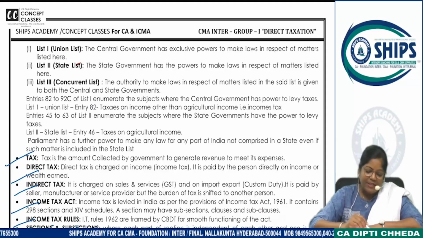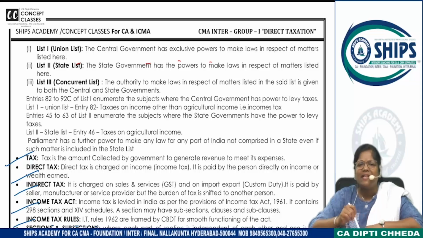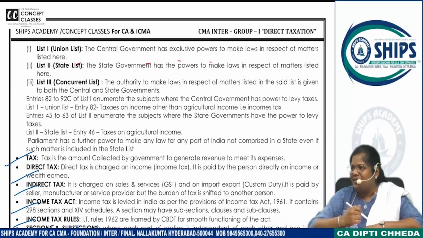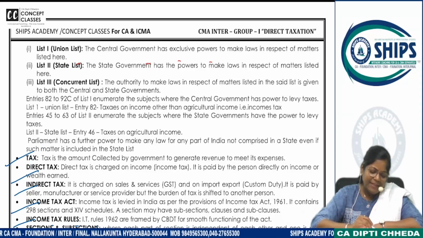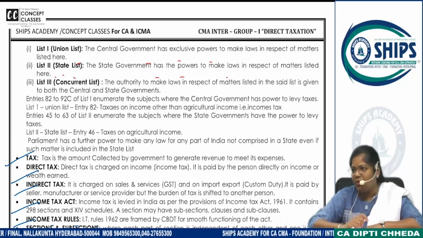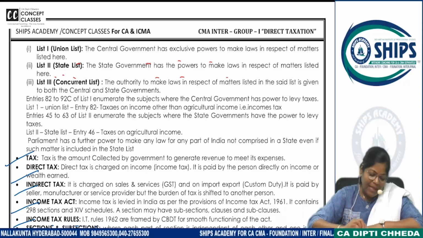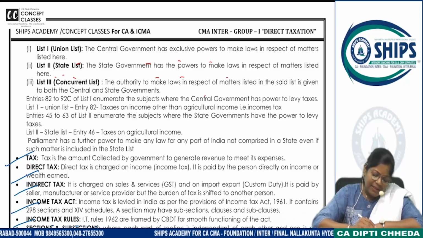Union list, central government has got the exclusive power to make the laws. I think you must have done this in GST also, basic, but मालूम है या नहीं है? Basic. State level government has the power to make laws for the state tax in list 2. Whatever state taxes we are paying, and list 3 mein we have all this, like entry 82 to 92C,